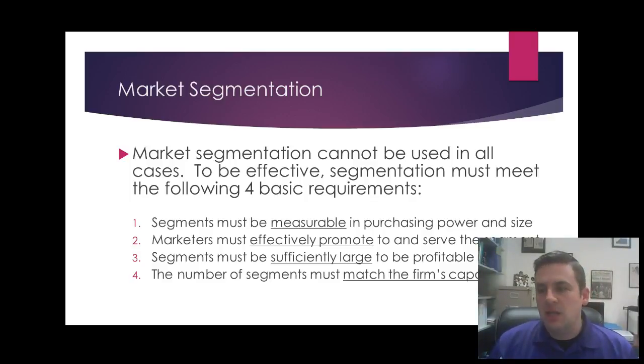So in other words, I might say that I want to sell a product to 18-year-old males who have a household income of $150,000 or more, and they've traveled at least 3 times in their life internationally. That's very, very specific and would be very hard to determine. But nonetheless, how do we know that whatever product I'm creating meets the needs and wants of that consumer group, but also do they have the purchasing power and the size, or are there enough of them to make it worth our while? Which brings us to the next one,